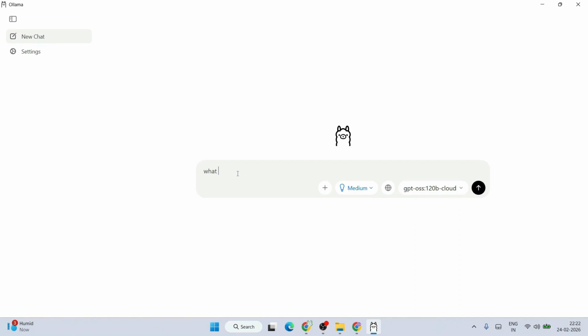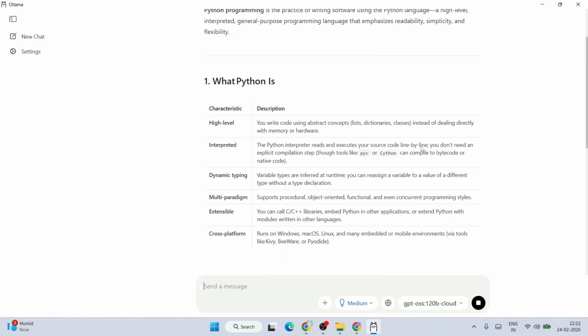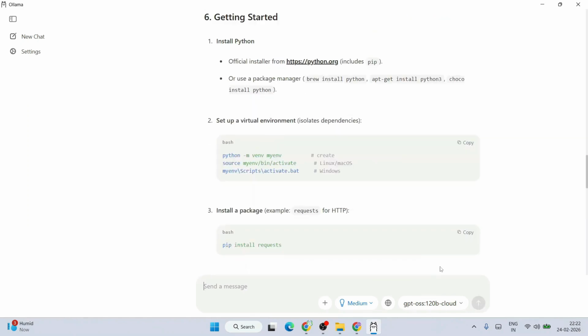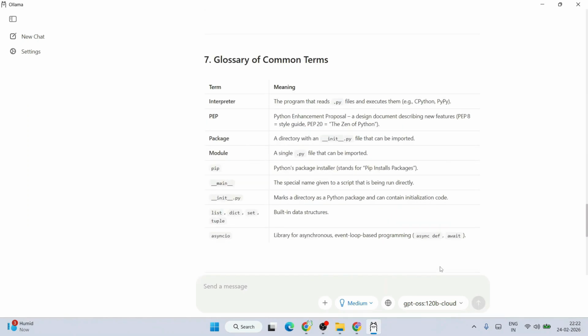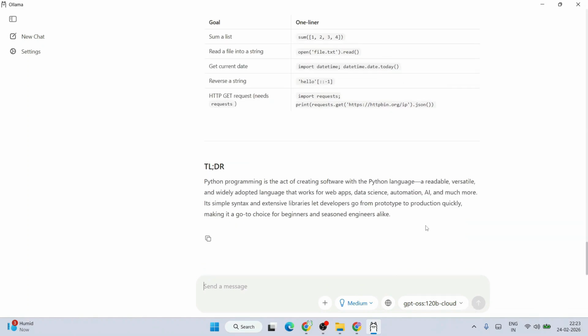For a quick test, let's type in a prompt, "What is Python programming?" and hit enter. Even though this is a massive model hosted externally, the response generation is incredibly snappy. You can see it breaks down exactly what Python is and provides a clean, accurate explanation almost instantly. And remember, even though we're leveraging it through the cloud endpoint right now, this is a